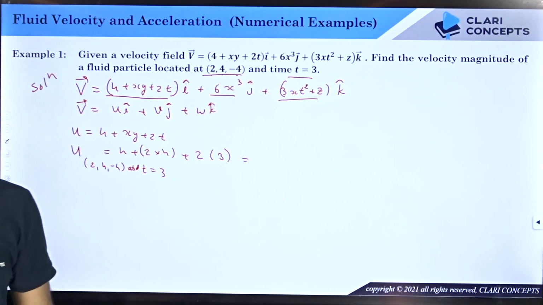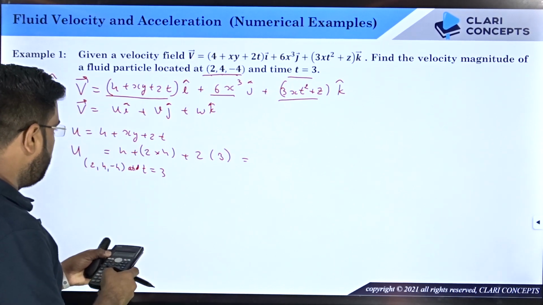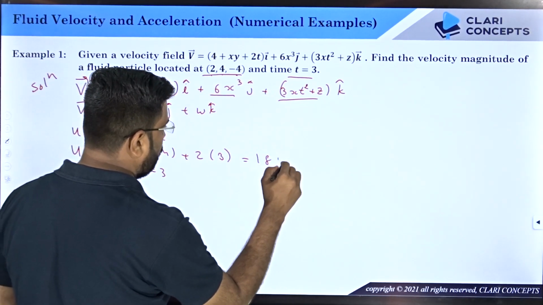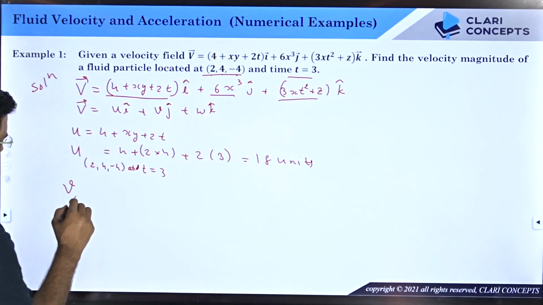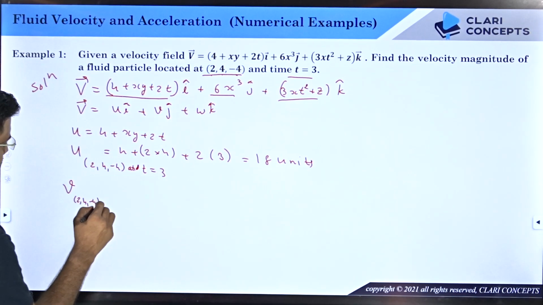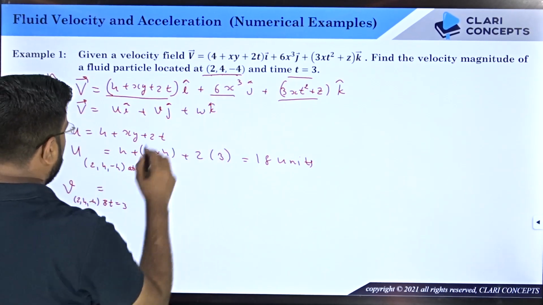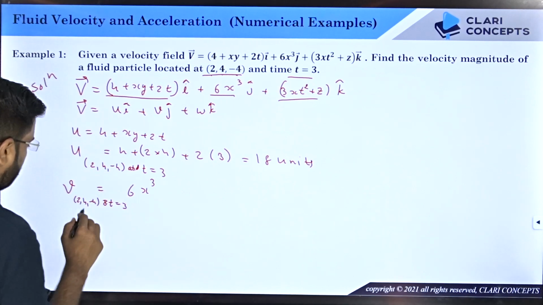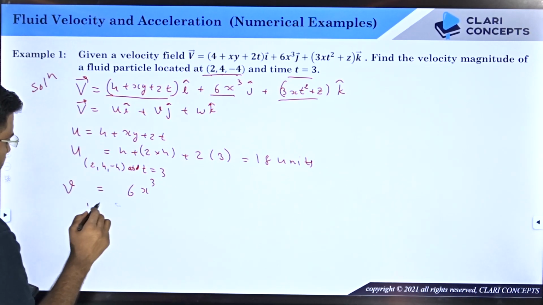And just use the calculator if you want. 8 plus 6 plus 4, simple, it is 18 units. So this is U at this point. Now what is V at the point 2, 4, minus 4 and t equals 3? Just substitute the values. V is given as 6x cube. So at this point, if you want V, what you can get is, at this point V will be,